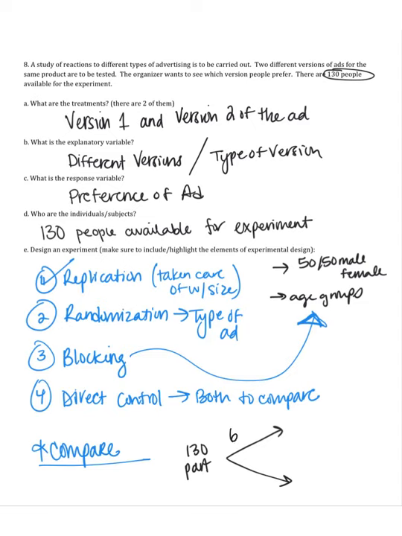You can split them 65 and 65 and say these are going to be female, these are going to be male, and I'm going to flip a coin for each of those, and they're going to get ad 1 or ad 2. They're going to view that ad, and then they're going to switch. Whatever you would like, you can draw a diagram. It doesn't matter, just as long as you explain yourself